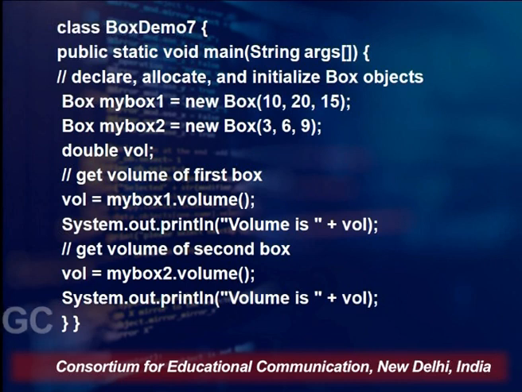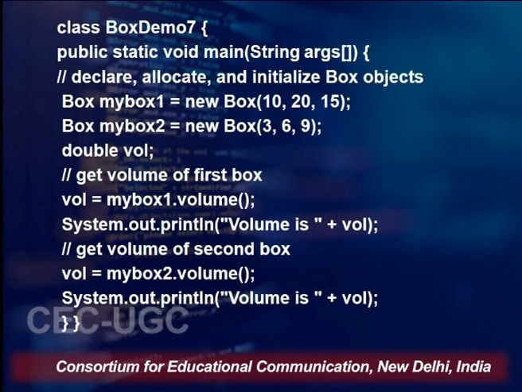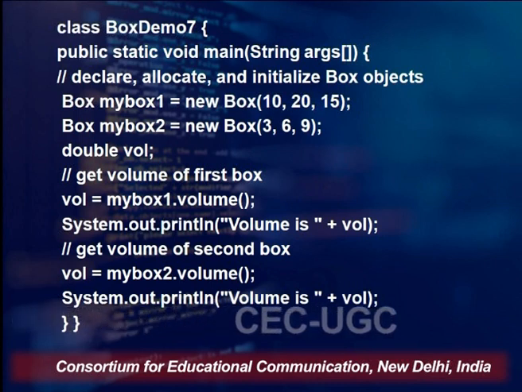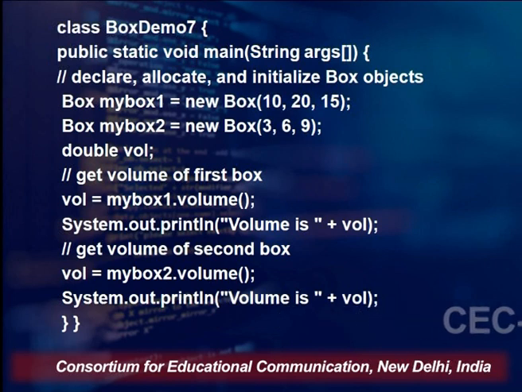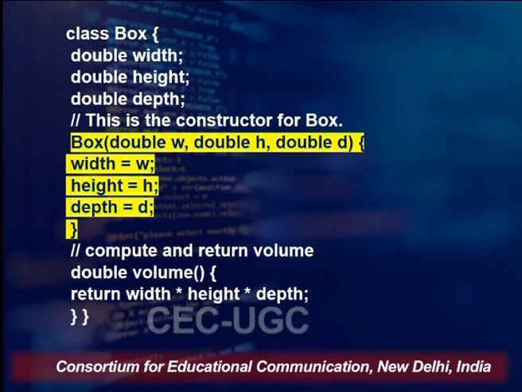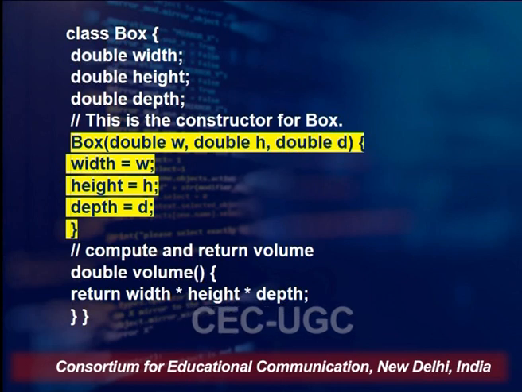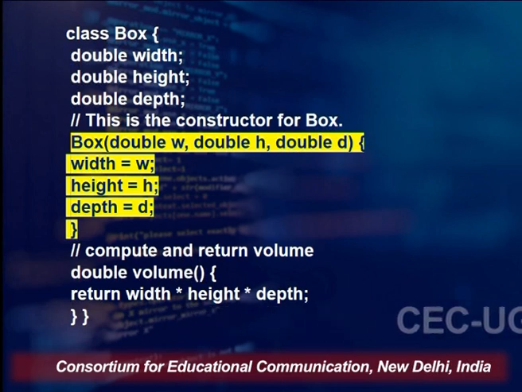Similarly, Box myBox2 is equal to new Box with dimensions 3, 6, 9. So what is happening on this particular line, when I say Box myBox1 is equal to new Box(10, 20, 15)? This is going to give a call to the constructor. And what type of constructor am I talking about? The parameterized constructor. The parameterized constructor highlighted here in the yellow shade will be called, and the value 10 will be given to W, the value 20 will be given to H and the value 15 will be given to D, and these values W, H and D, the parameters of the constructor Box, will be given to